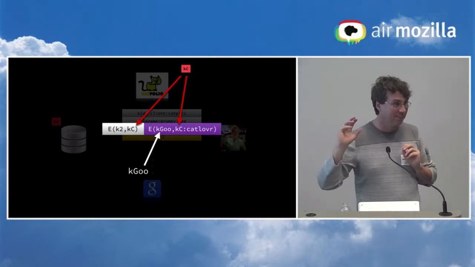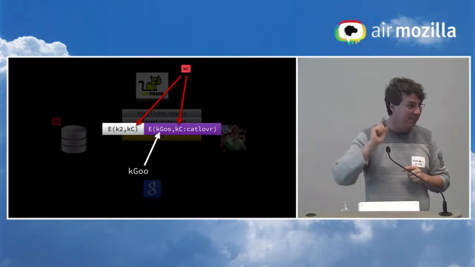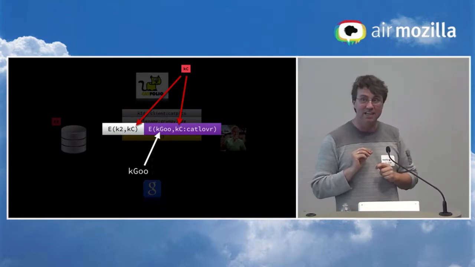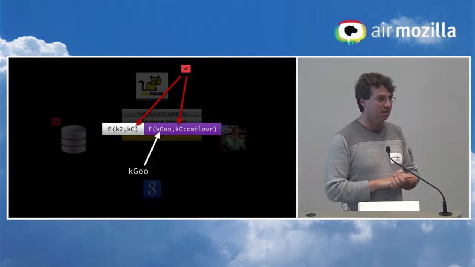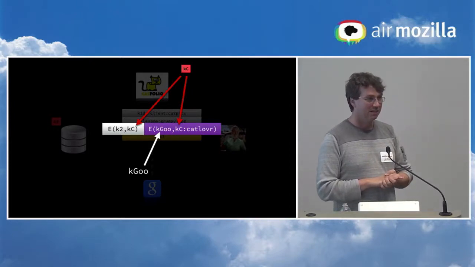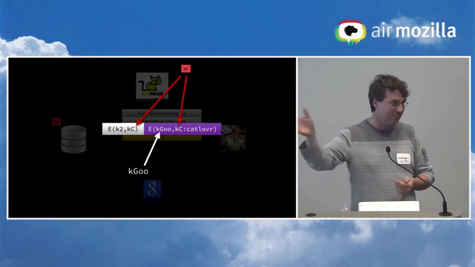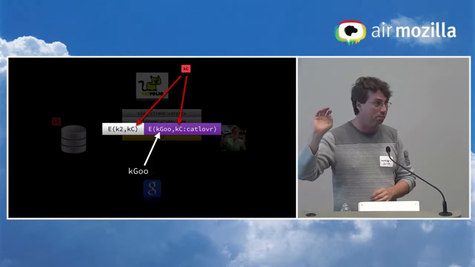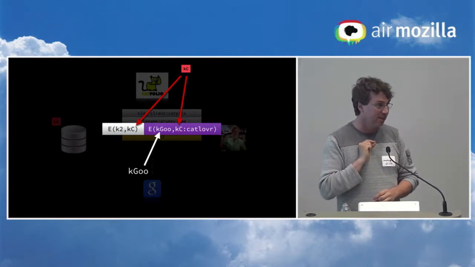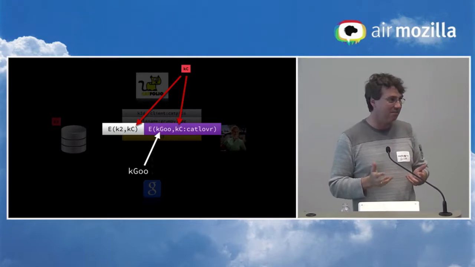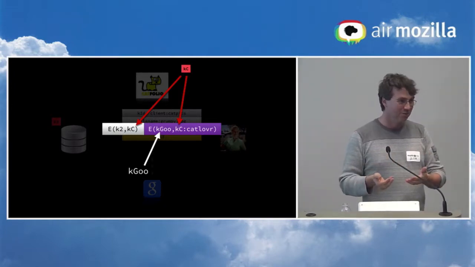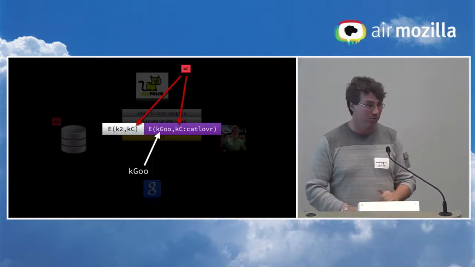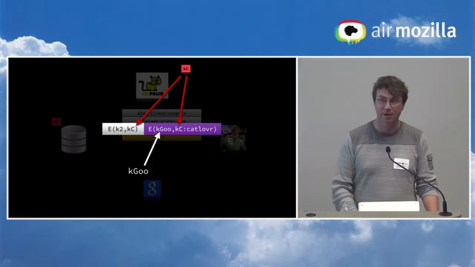And then in the purple bit, you encrypt the key for Google using KGOO and add a caveat that needs to be discharged by Google saying, please make sure that the user is a cat lover. And so the purple bit is opaque. Both of these bits are actually opaque to anybody who would look at the macaroon. But in particular, the purple bit is opaque even to the ultimate recipient, even to Amazon. So Amazon doesn't have to know which user was restricted to by the Catfolio service. So there's some privacy benefits there.